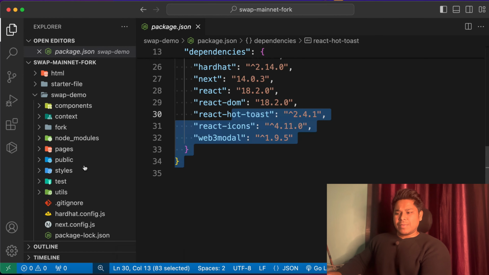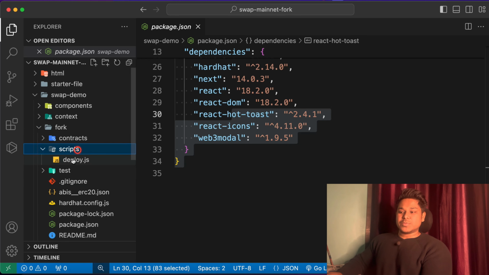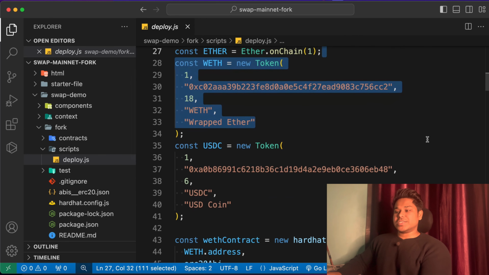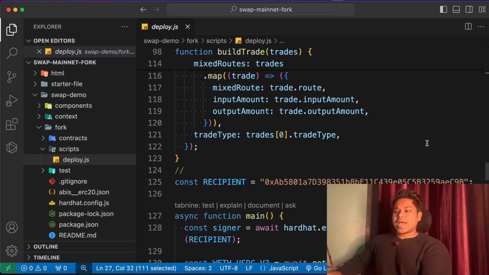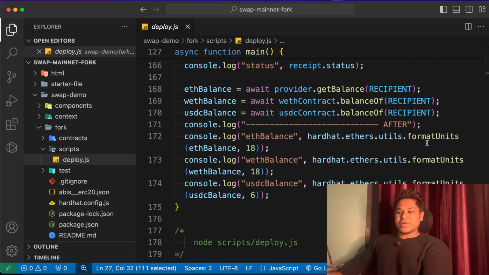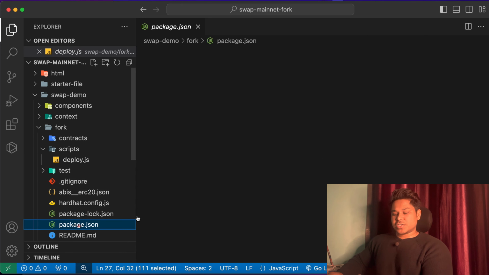This is the same code I have here, and here I have this folder called fork. Inside that I have this script, and here I have written all the code for a simple token swap. This is the entire code I have written as a script. If I take you back to the package.json file, I'm using